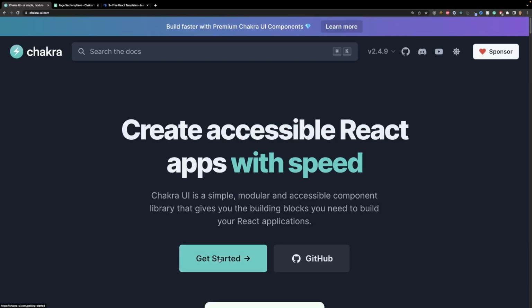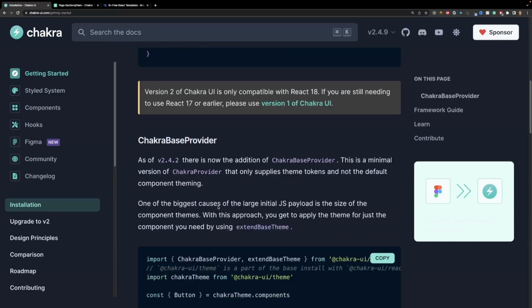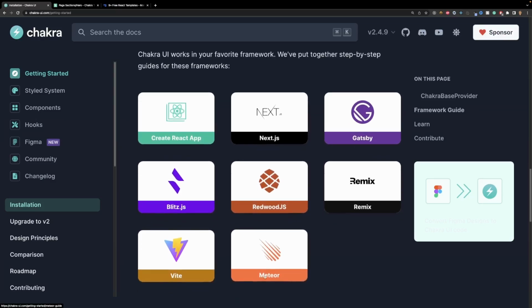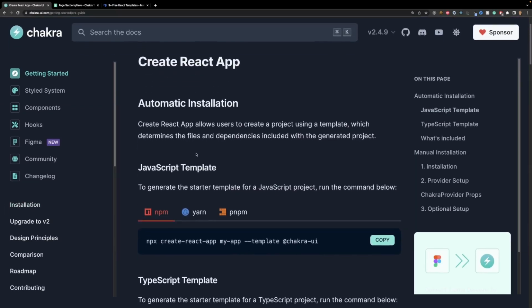So when you click on Get Started, it's going to take you to the installation page, and if you scroll to the very bottom, it's going to provide you the frameworks that this library is available in. It has Create React App, Next.js, Gatsby, Blitz, Redwood, Remix, Vite, and Meteor. I've only used these 3 right here, so for this series specifically, we're going to be focusing on Create React App. So go ahead and click on that bad boy, and then it's going to take you to the installation